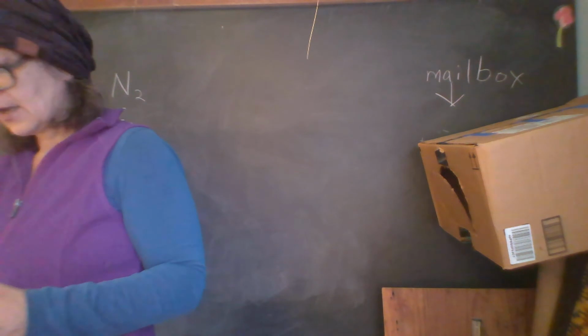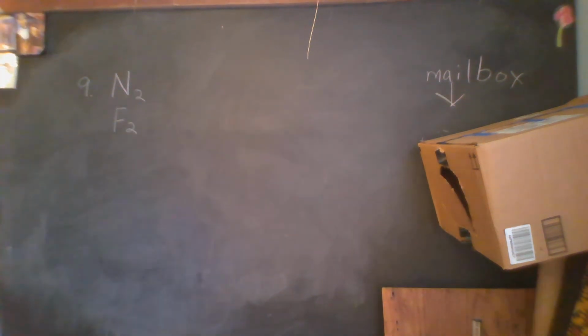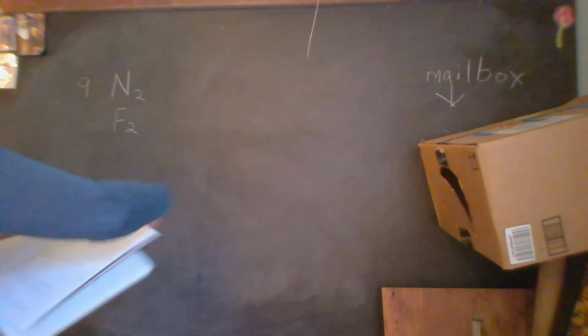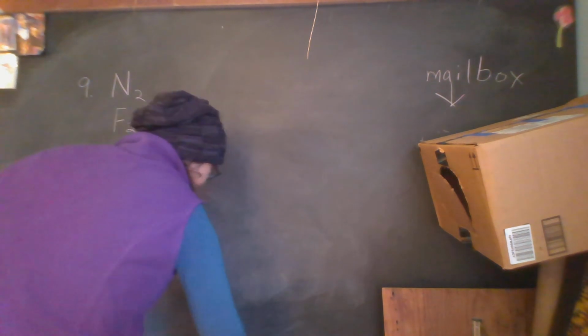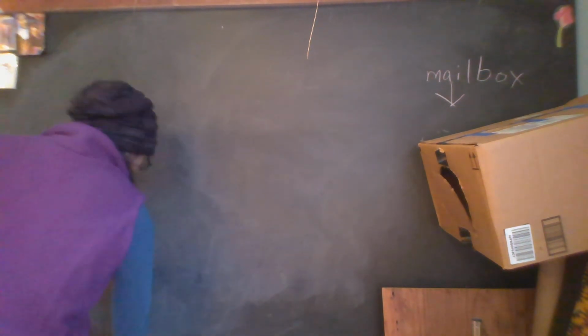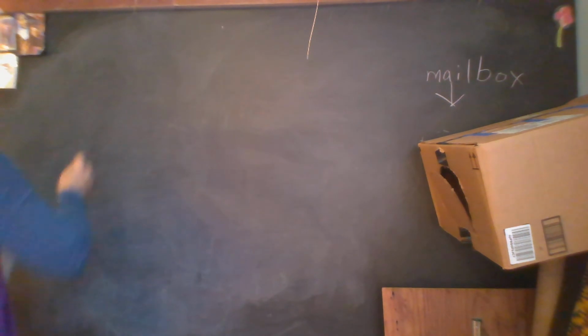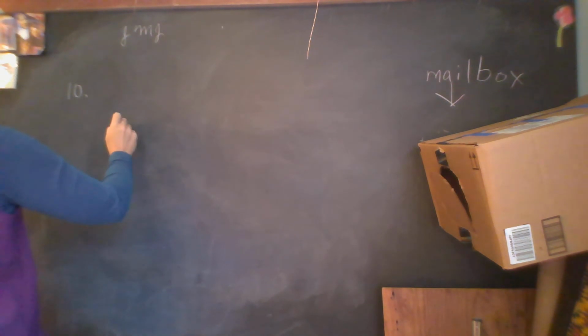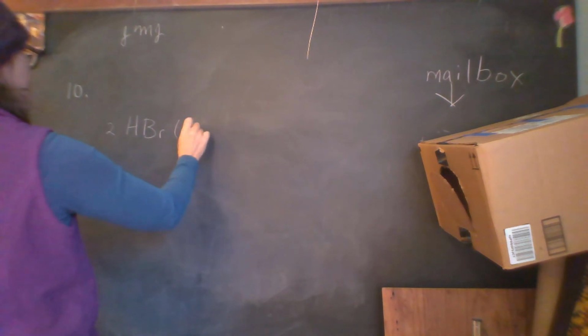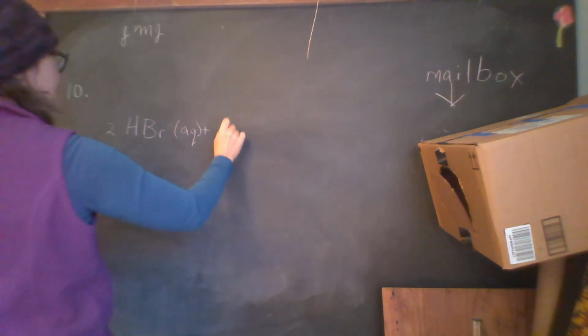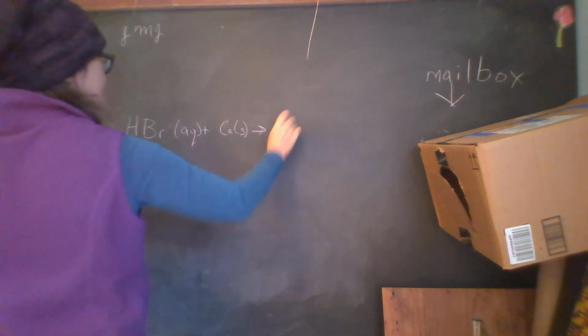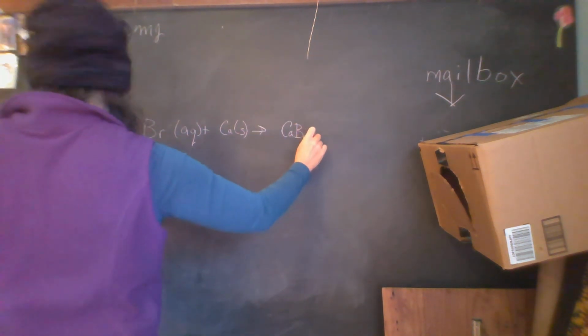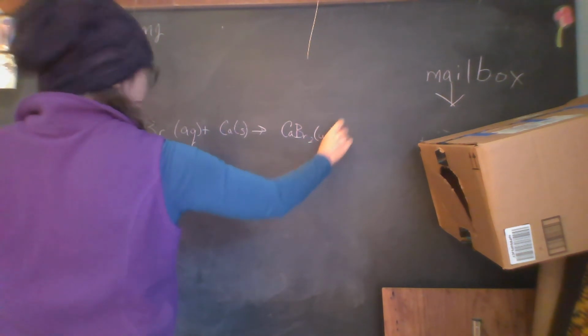All right. Number 10. Number 10 says, is the following equation balanced? Okay, the equation will be balanced if we have the same number of each type of atom on the left and on the right sides. Number 10 says 2HBr aqueous plus Ca solid yields CaBr2 aqueous plus